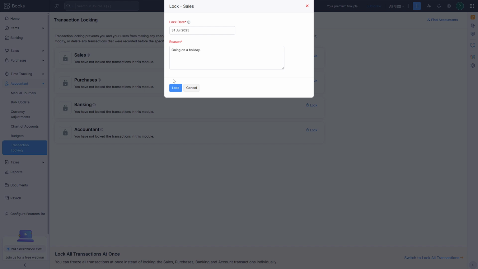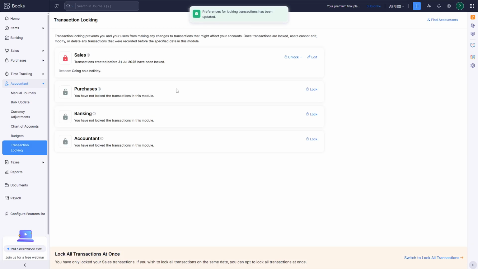Finally, you need to confirm the action by clicking the lock button one last time. By doing this, you officially lock the transactions up to the date you've selected, and they become read-only for all users. And there you have it, the walkthrough of how to lock transactions in Zoho Books as part of our